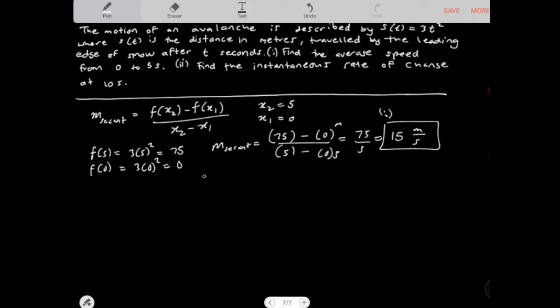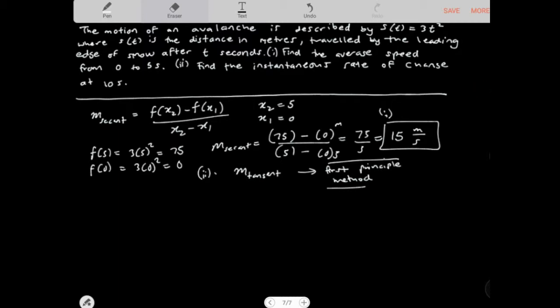But we also need to look at the instantaneous rate of change at 10 seconds, right? So if we're looking at the instantaneous rate of change, we need to find the slope of the tangent. And in this scenario, I'm going to look at using the first principle. Now you could also use a small interval if you need to. But I'm just going to use the first principle method to do this. You guys can practice using other methods, and you should see the same answer. Once again, they are approximations, right? So if I use the first principle method, I am